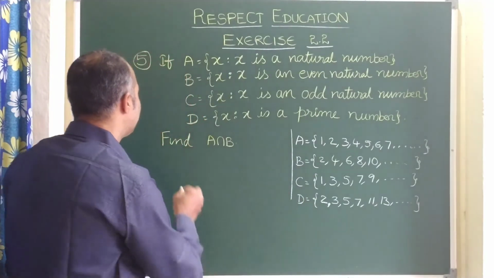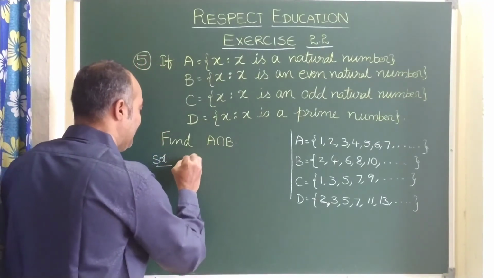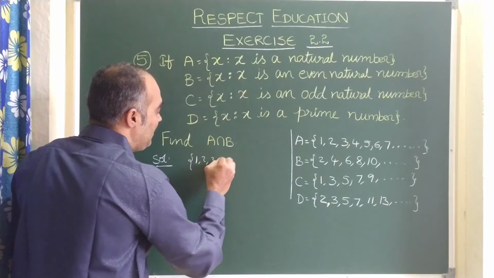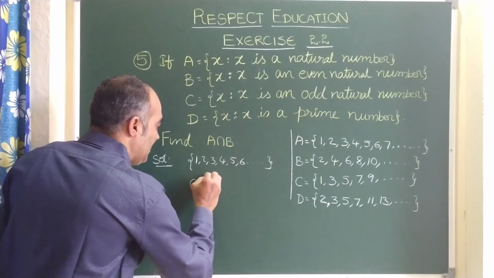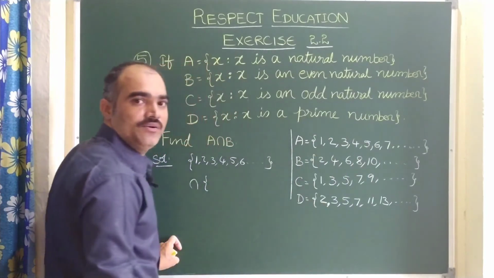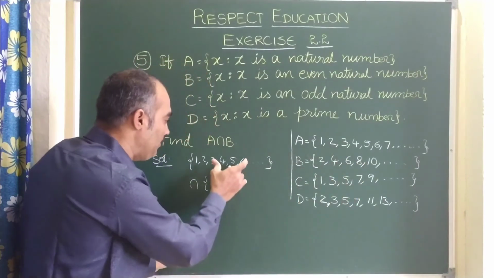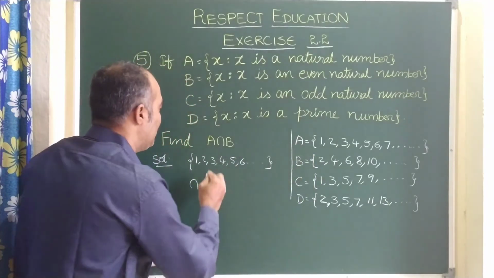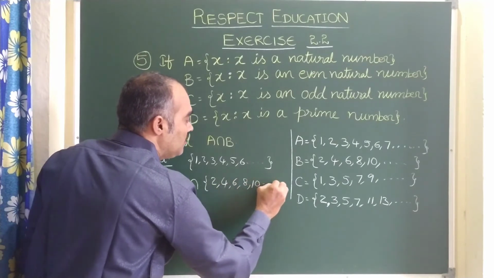See the first bit, A intersection B. A intersection B means, let us write first A. A is 1, 2, 3, 4, 5, 6, and so on. Here intersection B. Actually if you write A intersection B in a single line, children, that looks good. That is the actual method. But as I do not have place, I am writing B down. As far as possible in your examination you write in a straight line only. So here for B write 2, 4, 6, 8, 10, and so on.